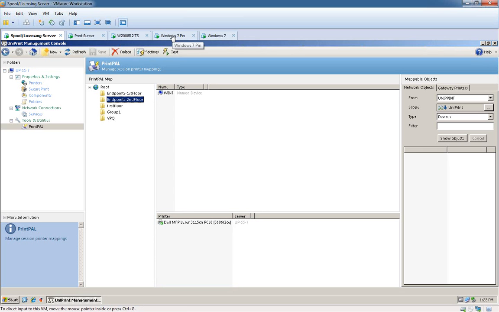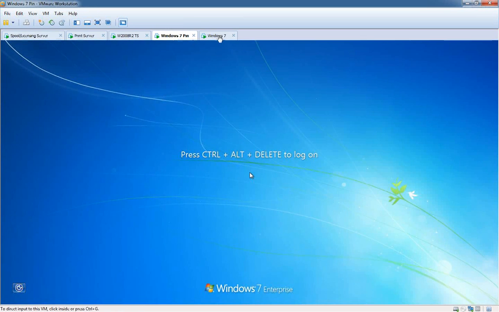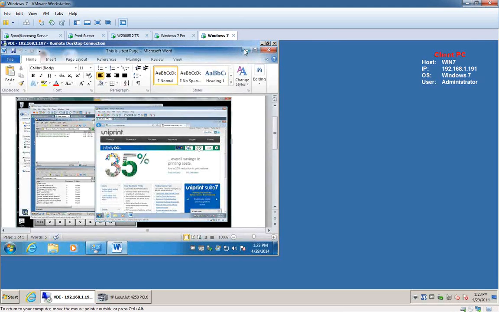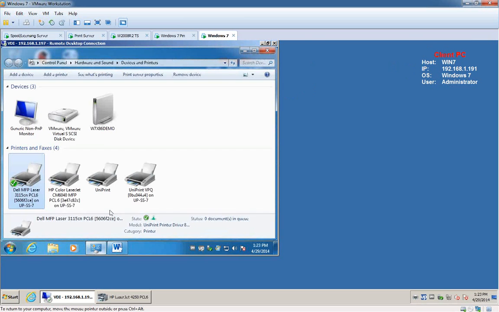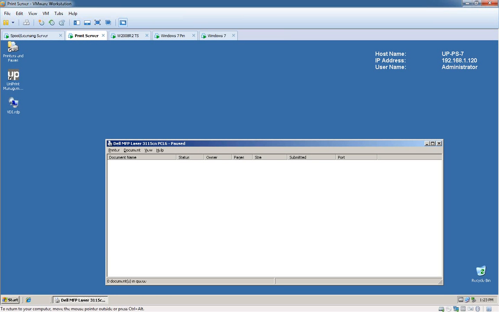Okay, so let's go on up to the second floor. Sorry, wrong tab. Here I am. I'm connecting from a client PC called Win7 on the second floor. Let's take a look at my printers. Right now I'm mapped to this Dell printer. Now I'll move down to the first floor here, and I will initiate a